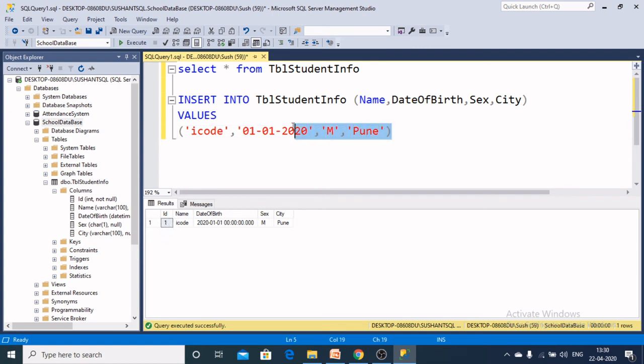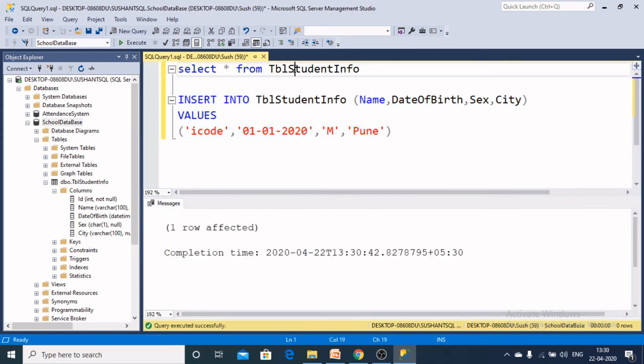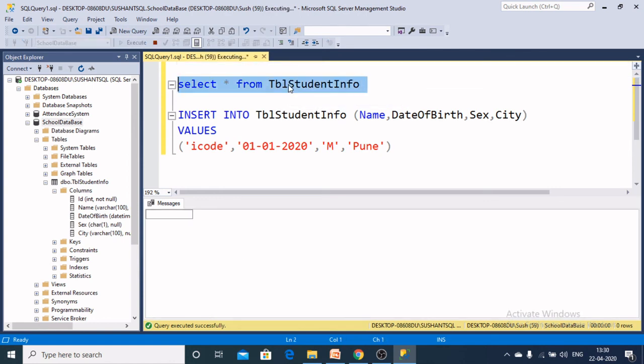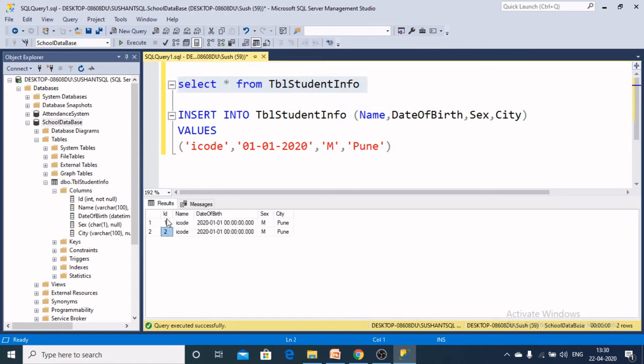Suppose when I again execute this query and select the table, you will see this column will auto increment. So for this purpose, I have applied identity constraint. So what is identity constraint? That I will explain to you later.